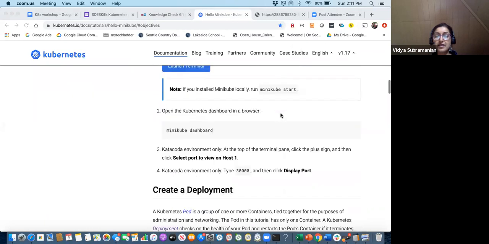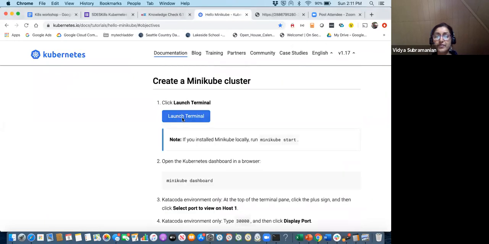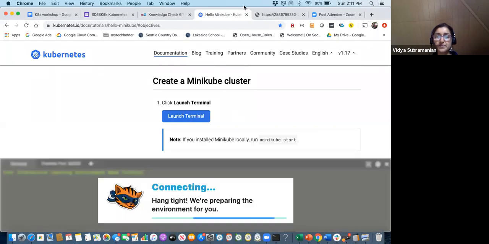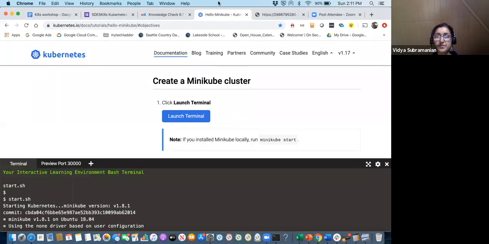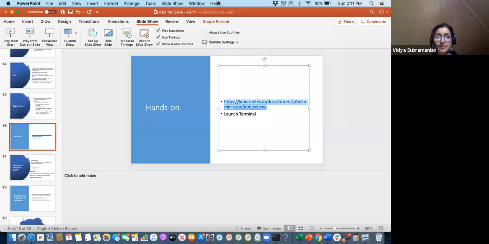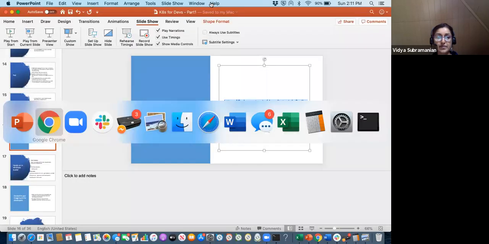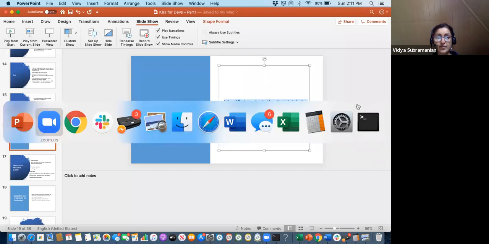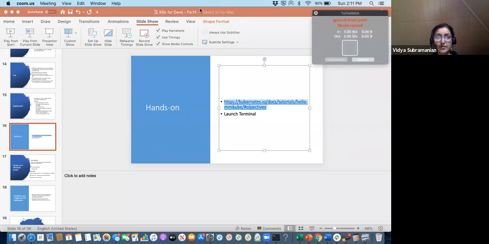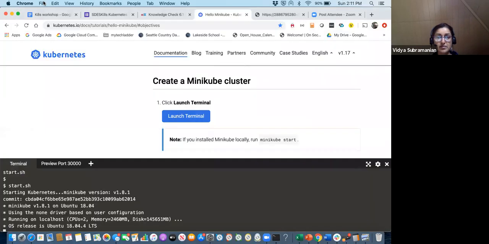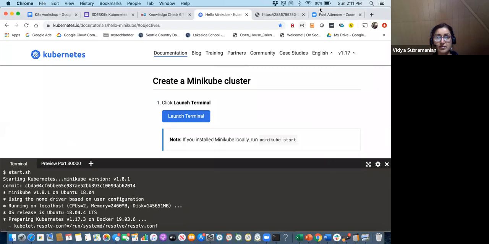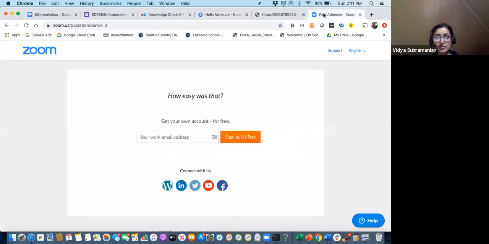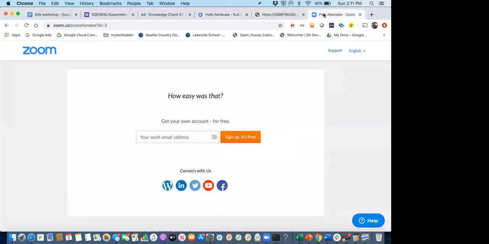Are people able to launch the terminal? We are getting confirmation in chat.